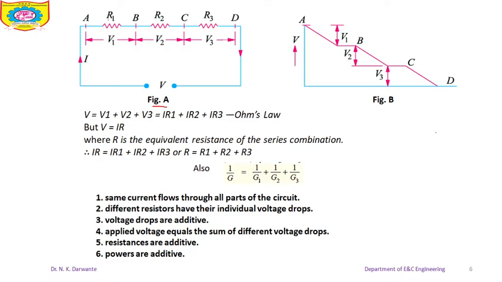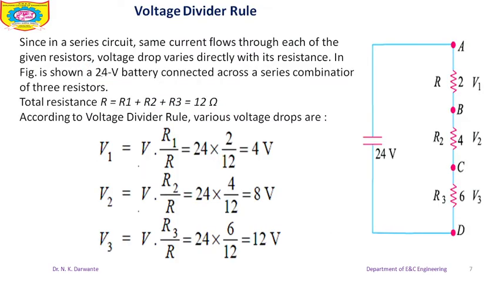If more resistances are there, then we have to go on adding the values of those resistances for the resultant resistance. But the important thing is the current flowing. If voltage is applied across these series resistances, then the current flowing through all these resistances will be the same, and the value will be, let us say, I.